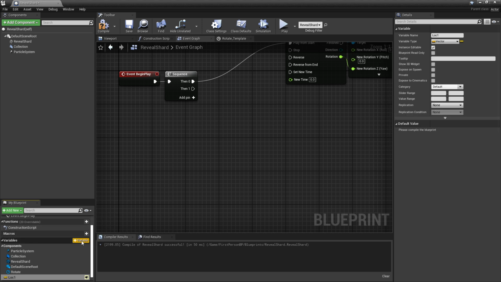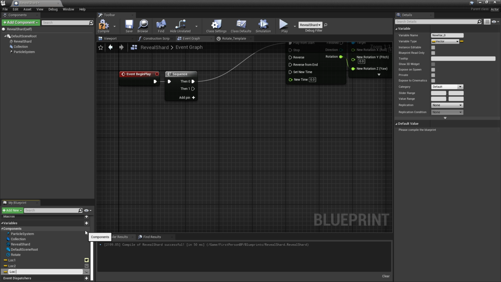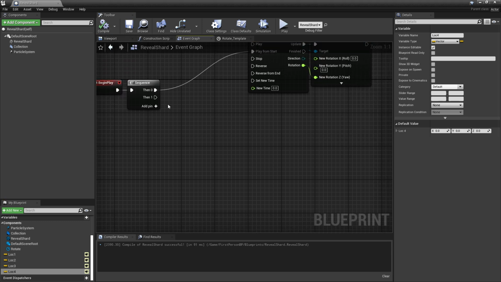and now we create another variable. I'm probably going to make 3 or 4. Loc 2, loc 3, loc 4. So these are all location variables. We're going to go ahead and set all these to instance editable, compile, save, and then we're going to want to,